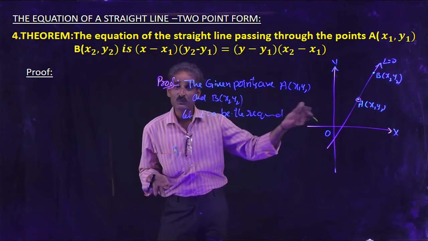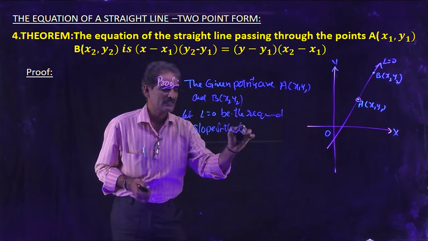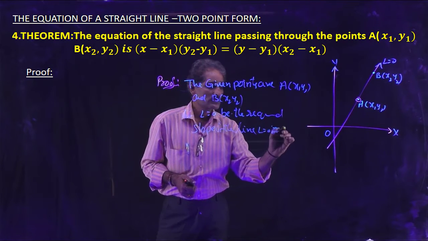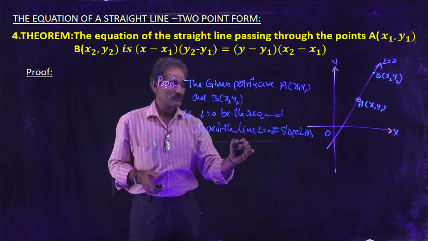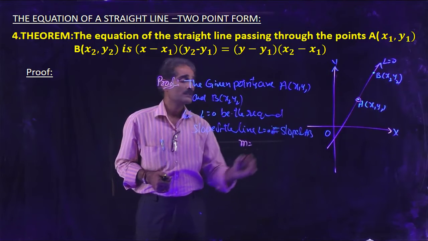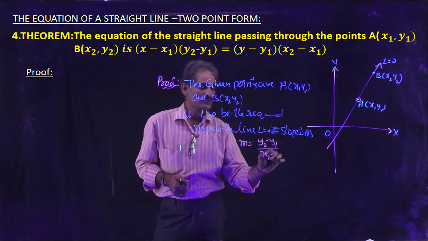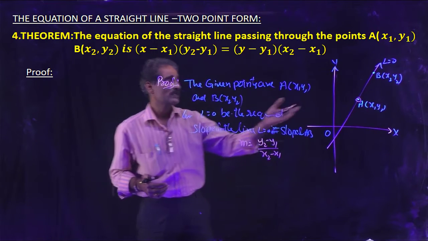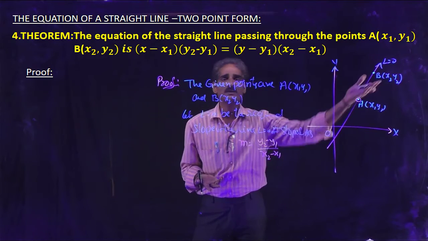Slope of the line L equals the slope of the line AB. Slope of the line L equal 0 is equal to the slope of AB. So let us take the slope of line L equal to 0 to be m, and the slope of AB equal to (y2 minus y1) by (x2 minus x1). Now here we have the slope of the line L equal to m. Now write down the equation of the line which is passing through x1 y1 and slope m, otherwise which is passing through x2 y2 and slope m. You can use any one of these 2 points.